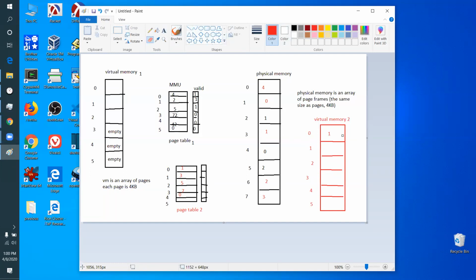If we want to know where page 0 is, we look in the page table. Page 0, we look in its page table. We say, oh, page 0 is over here in frame 1. So that's page 0 of virtual memory process 2. Okay. The key idea, it's kind of an elaborate bunch of steps, but the key idea was that